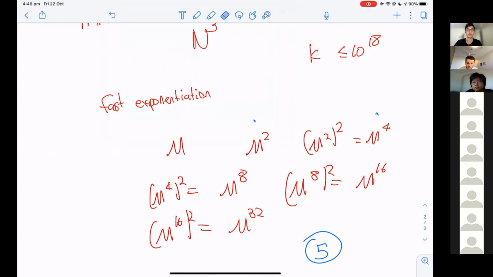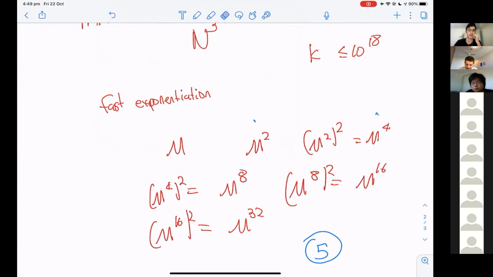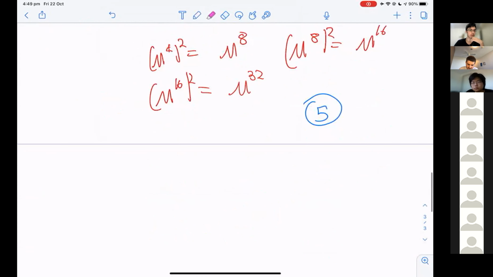And with just one more multiplication, we'll get m to the power of 64. And just one more, we'll get m to the power of 128. So if we just keep squaring, when we get m to the power of 32 squared, this is m to the power of 64.